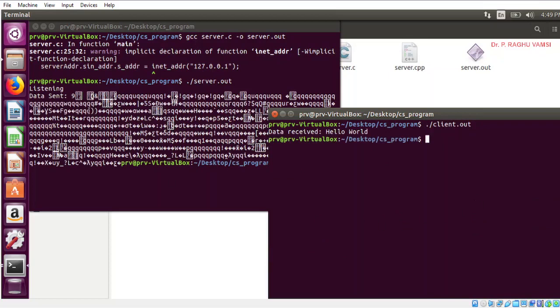So you look at here, this is the encrypted form. You can find it here in the server. You cannot understand what this form is, but at the receiving end, we have done the decryption with the same key. Hence, we got the hello world. So this is the way we are supposed to perform the encryption and decryption operation.